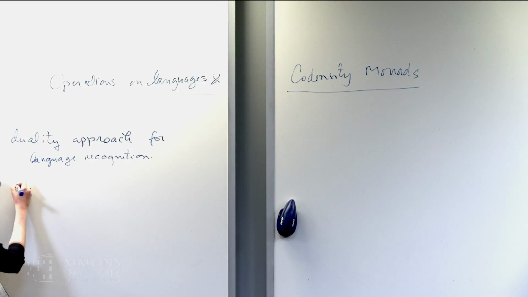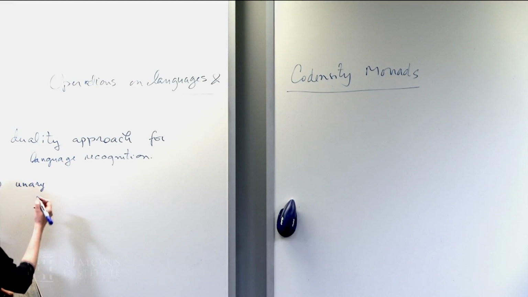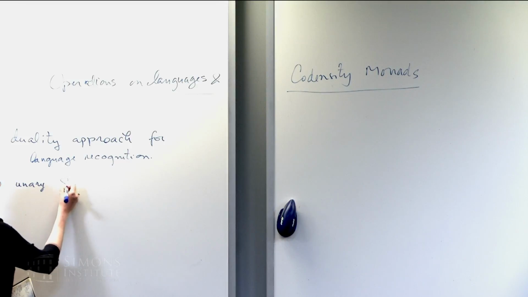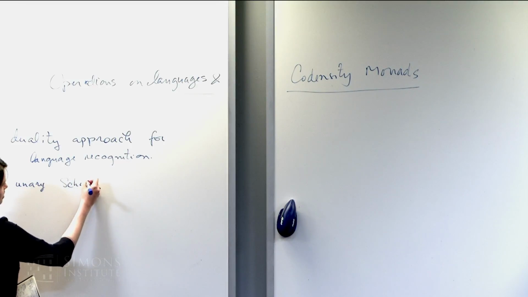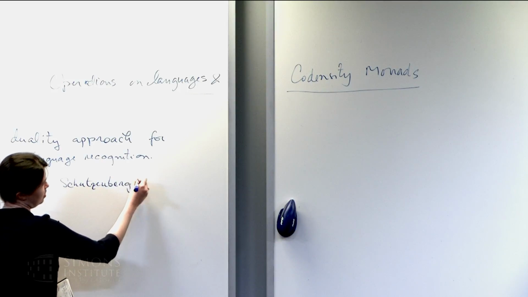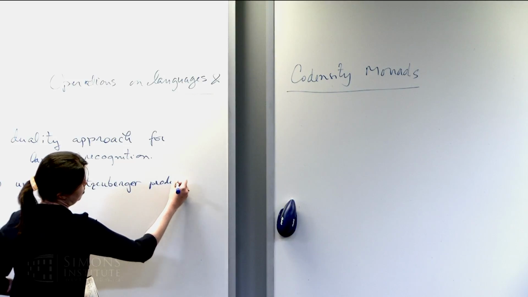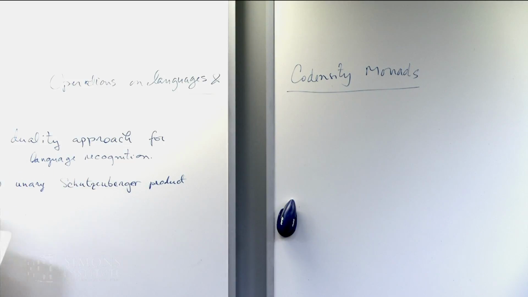And then, as an example, I will show you a construction that one has on monoids and also on the notion of recognizer that we have, namely syntactic spaces, that corresponds to existentially quantified language. And we call this the Unary-Schützenberger product because it really looks like the Schützenberger product done for concatenation of languages.